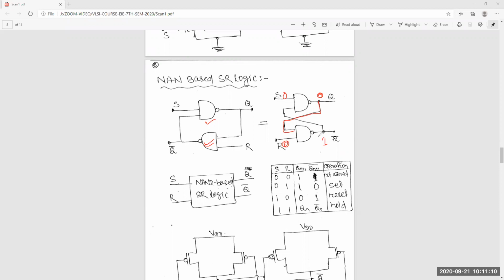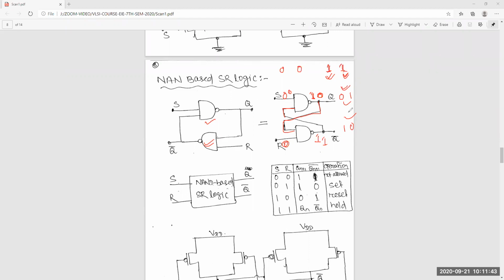So you will get 1, and again with 1 and 0 you will get 1. So when you give 0 and 0, you are getting 1 and 1. Again this is invalid, because for Q and Q-bar you will get either 0 and 1 or 1 and 0. Those are the only possible outputs, but here we are getting 1 and 1, so this is invalid.